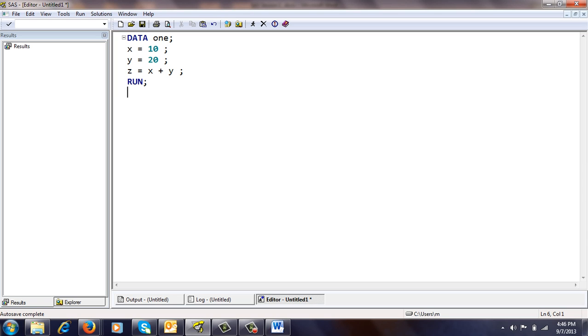So this completes one step, that is one data step, and it is used to create a data set. We are creating one data set with the name 1. To execute or run the program, you select your code and then click the submit button, or you can press F3 to submit your code for execution. Just pressing F3 here. Okay. Now you can check the log window to see what happened for this code.